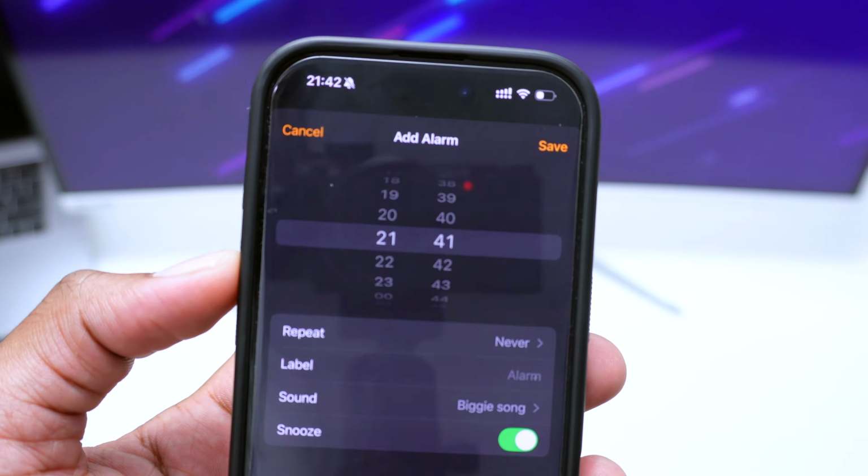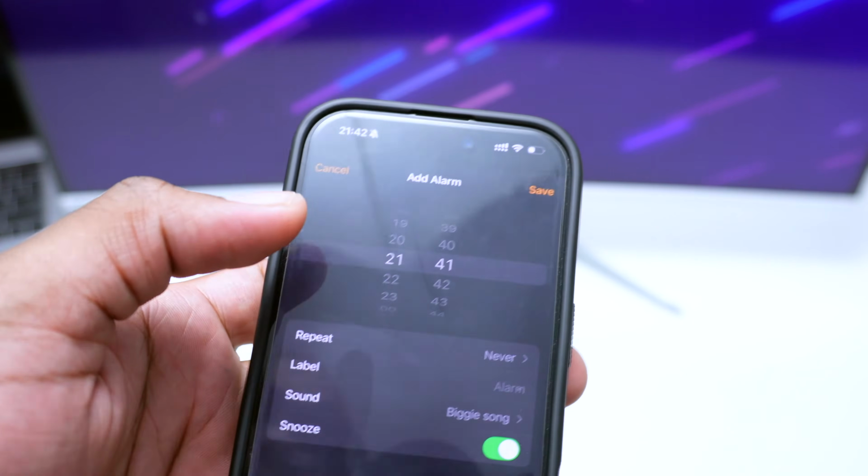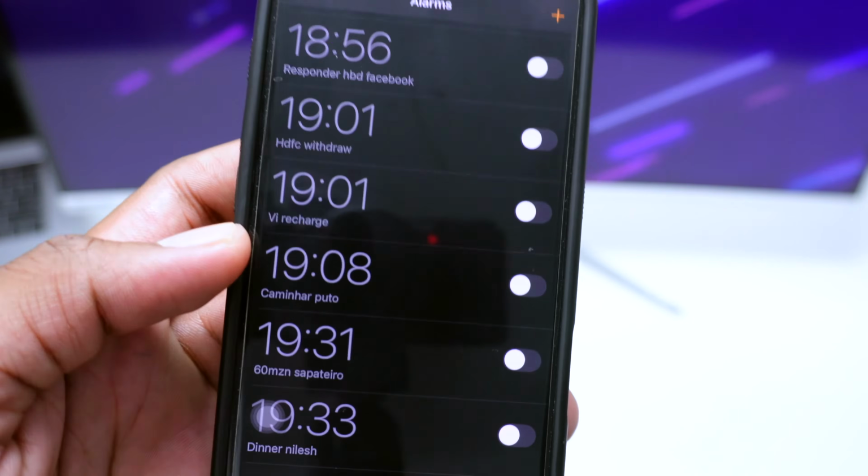This is so interesting, and it's easy to actually perform, so you can actually listen to your favorite song every